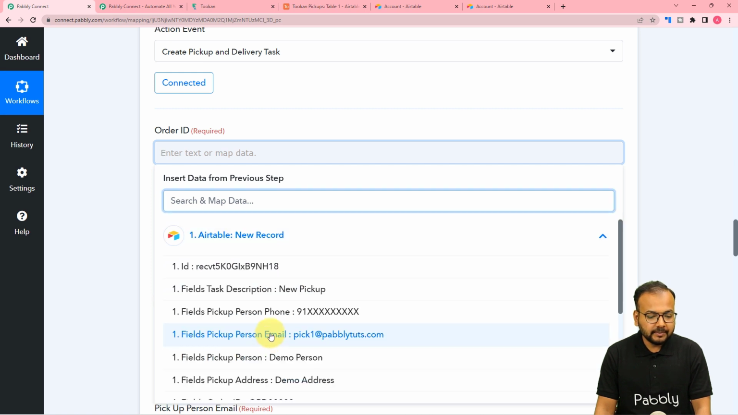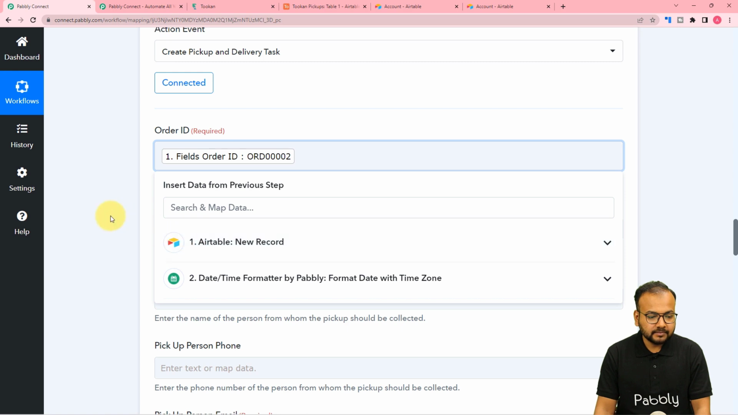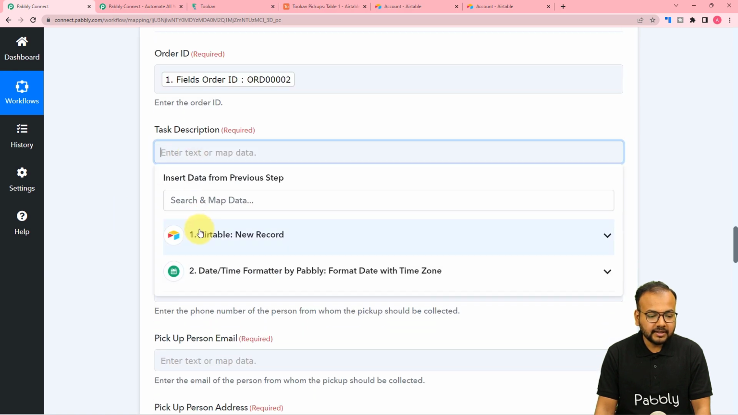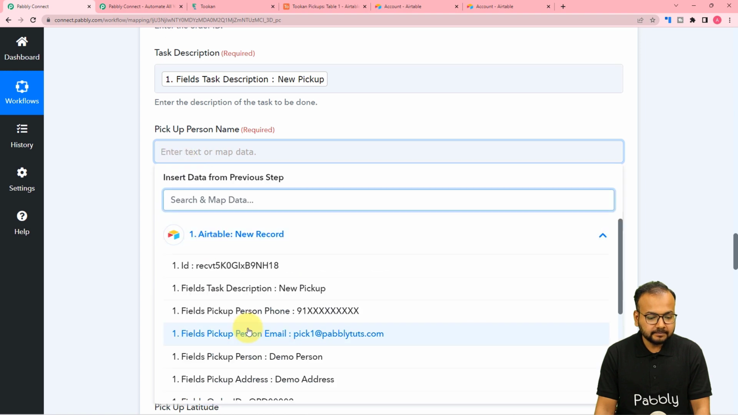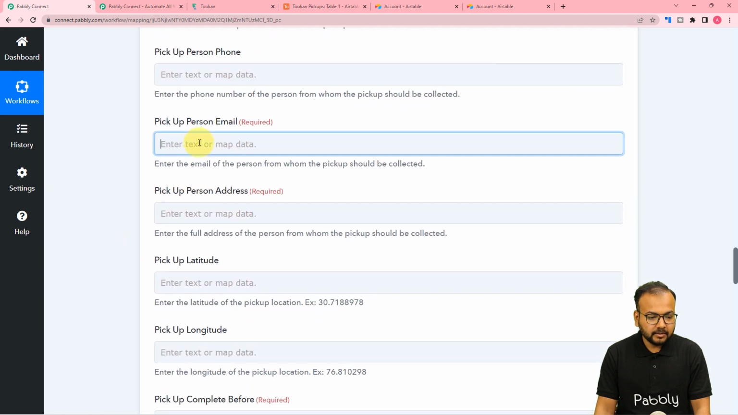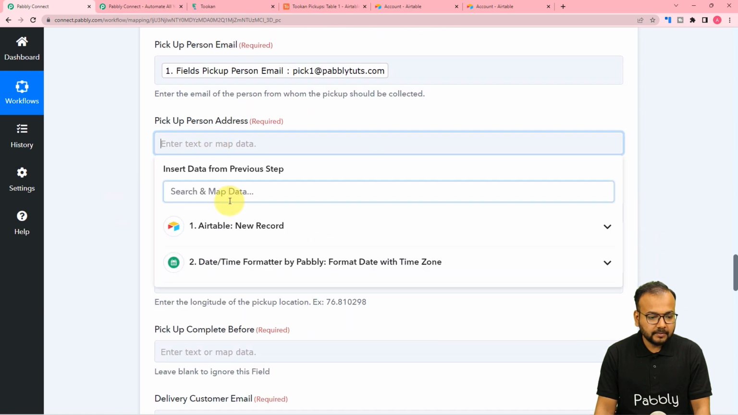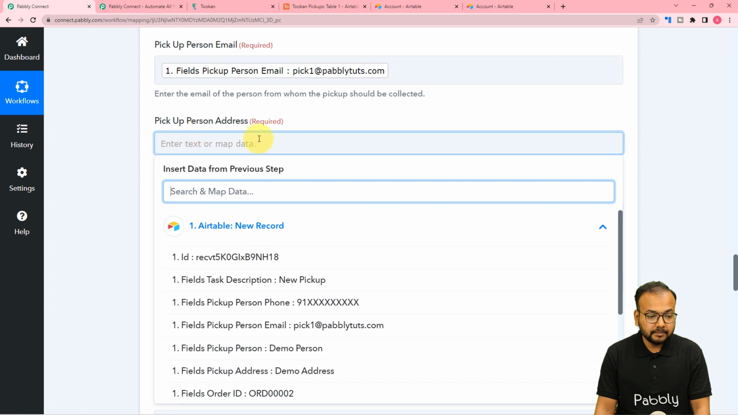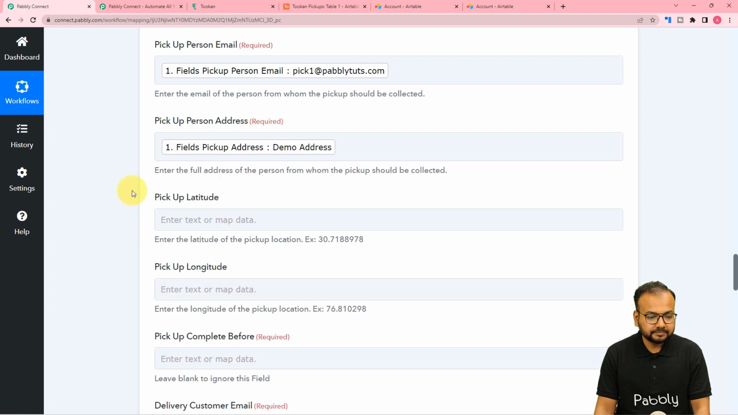So from the first step, let me first map the order ID like this. Similarly, the task description, the pickup person's name, pickup person's email, pickup person's address, the pickup address. So this is the pickup address,